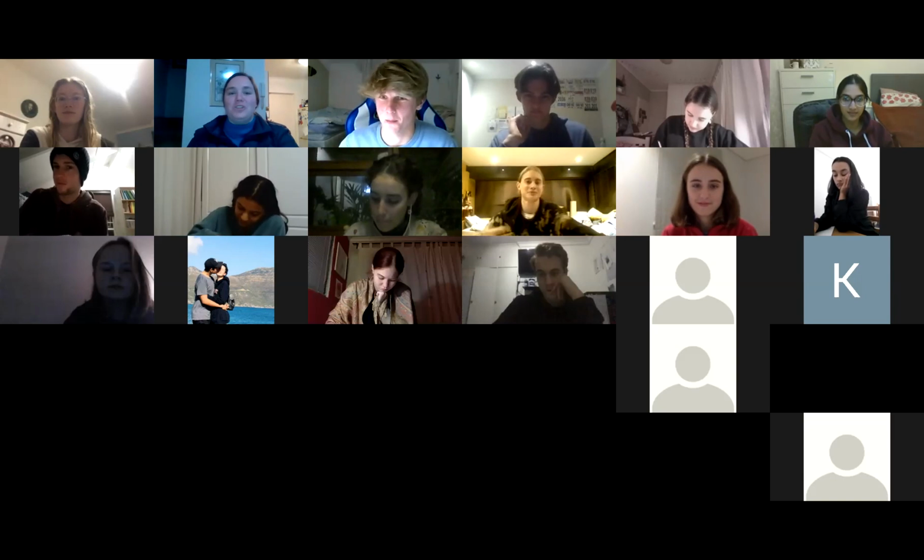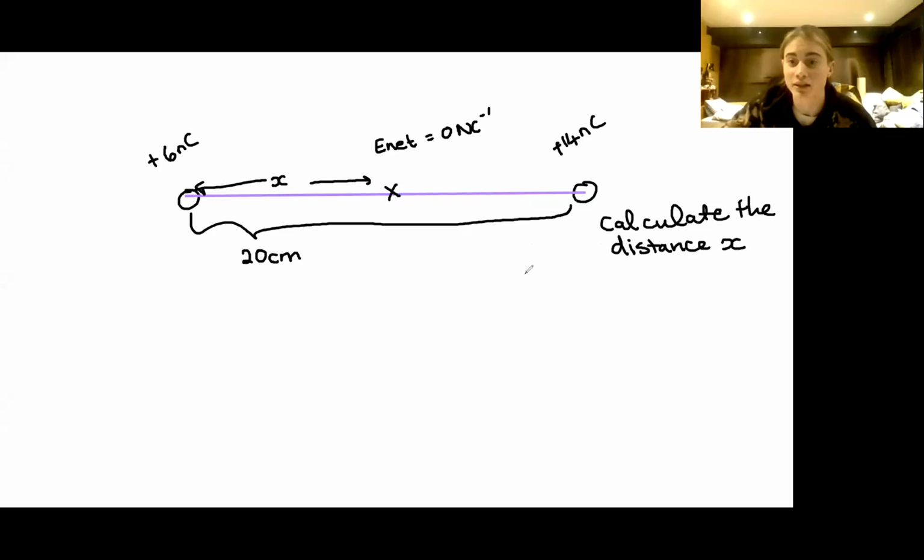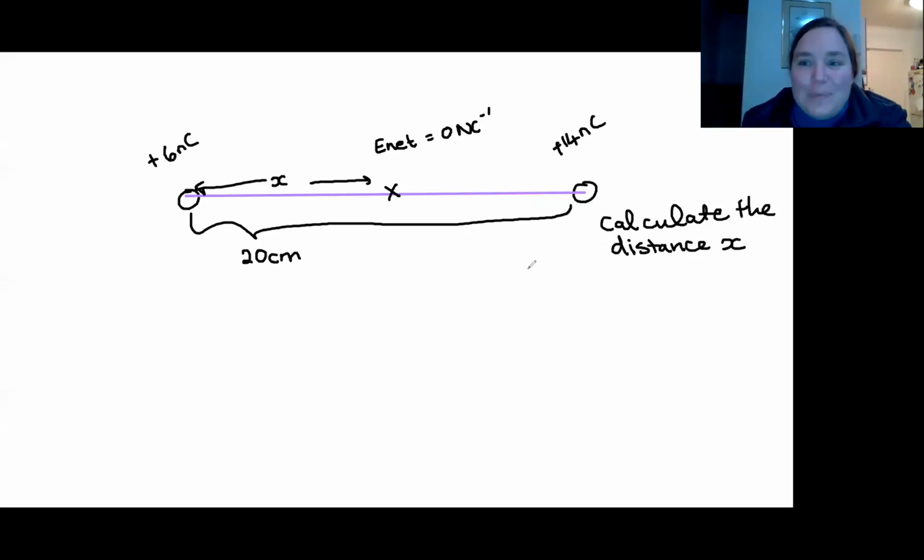So what you would do is you'd have x here, and then because you know that this is 20, Alex, actually, what was your answer? What did you say? Just repeat it one more time. Sorry, I missed that. 20 minus x. Okay, now I'm going to tell you you're wrong,